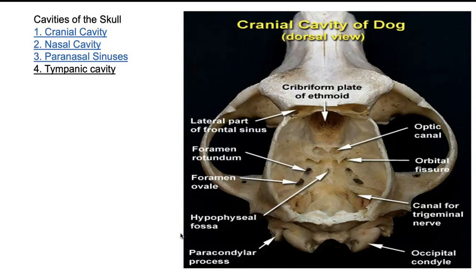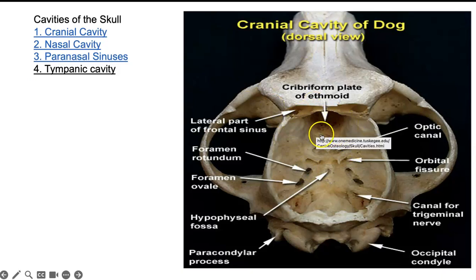Now, if we speak about the cavities of the skull, we have the cranial cavity for the brain. We have the nasal cavity. We have the paranasal sinus, and then we have the tympanic cavity. So now you remove the roof of the cranial cavity, and you can see